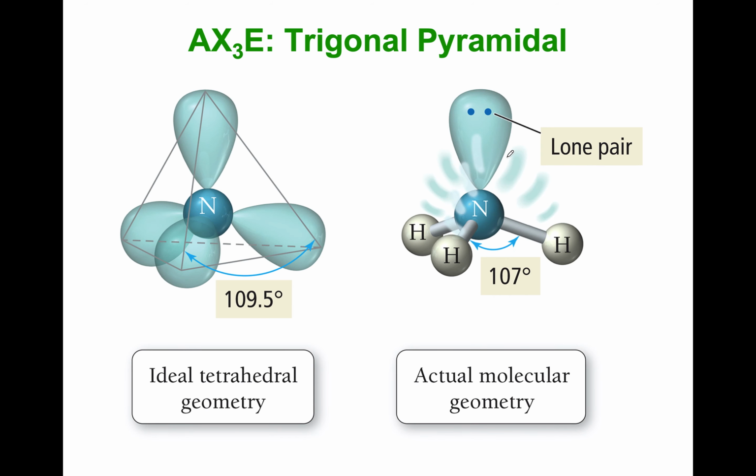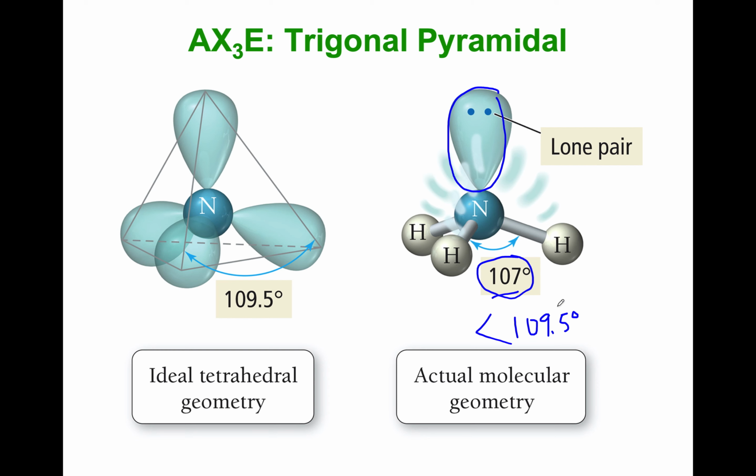So we mentioned the lone pair takes up more space. Well, in this case, the lone pair is taking up more space. You can see now it's actually less than 109.5. Okay, so the good news in this chapter, you don't need to know specific bond angles of 107, 102, anything